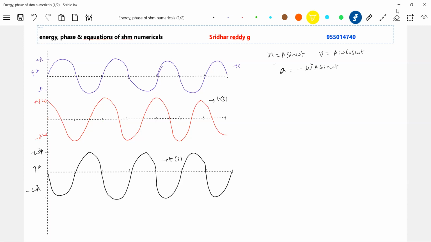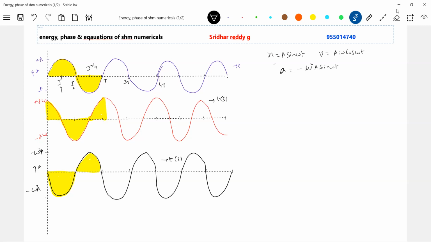One cycle, I will plot it. What do you mean by one cycle? There's one cycle, no? What do you mean by one time period, or what is the time taken for one oscillation? Okay, fine. There's one time period. So you write that T here. This is T, T by 2, T by 4, 3T by 4,